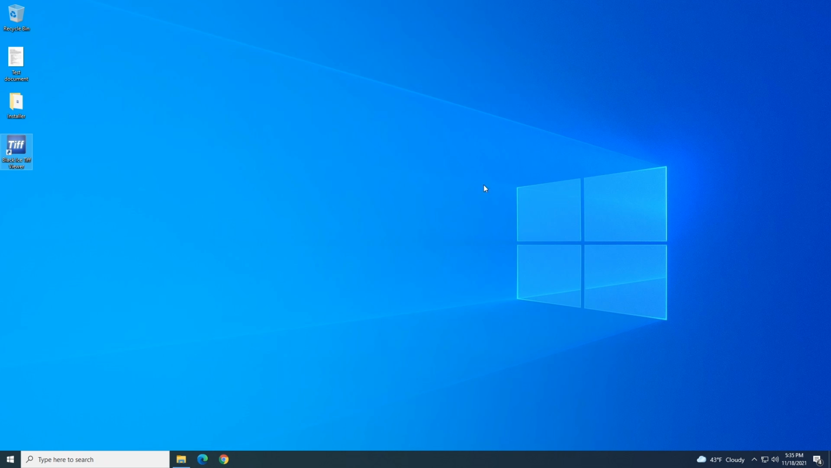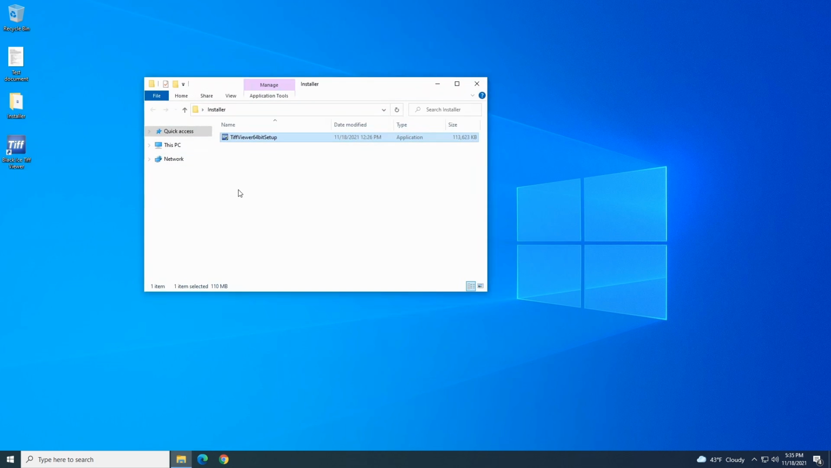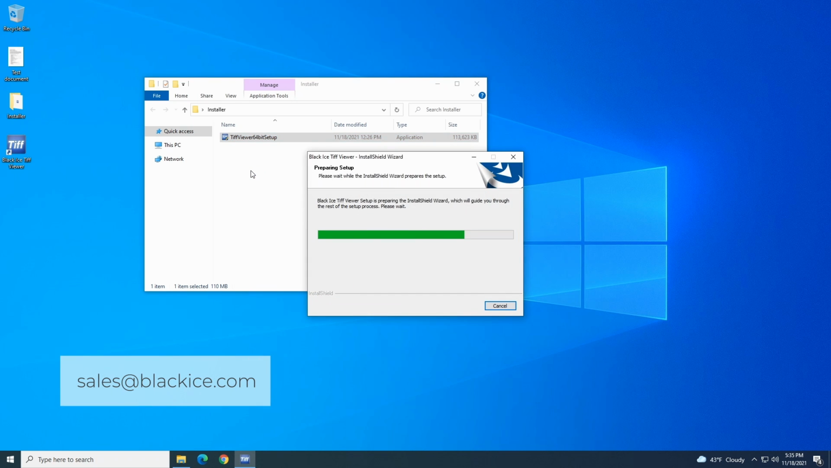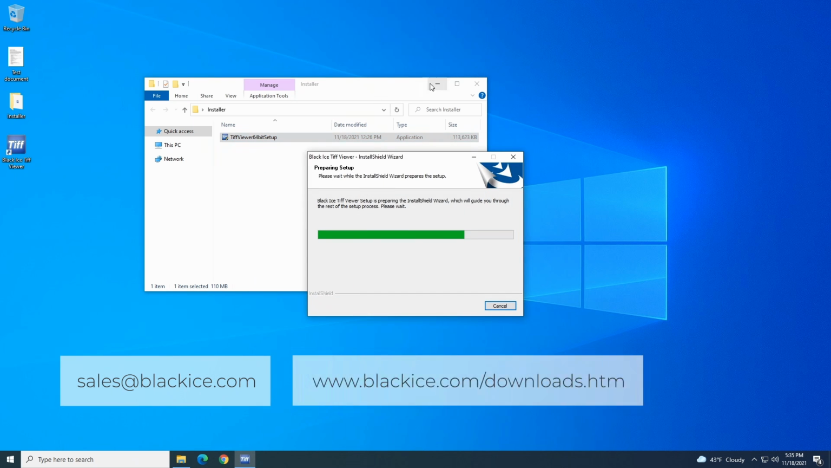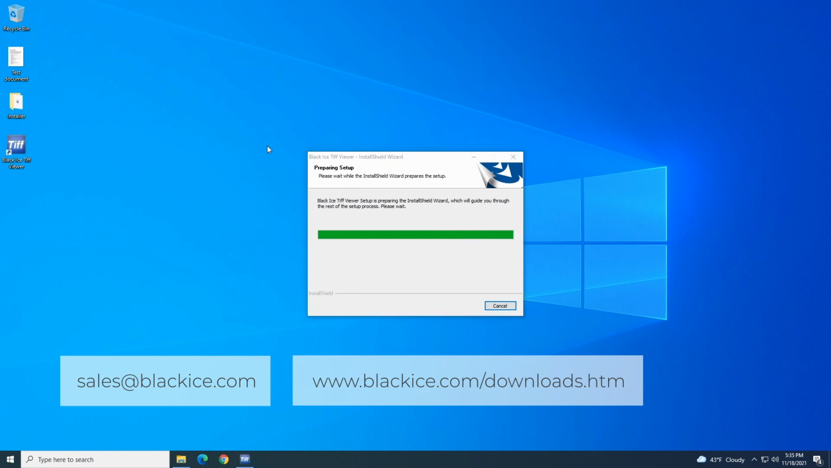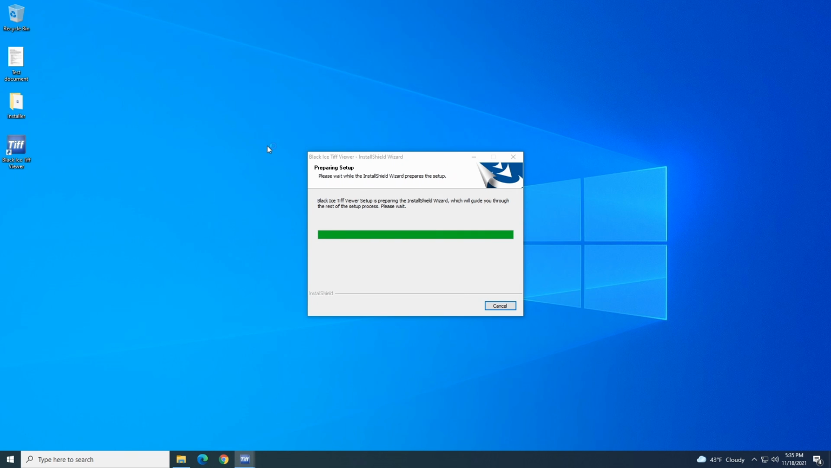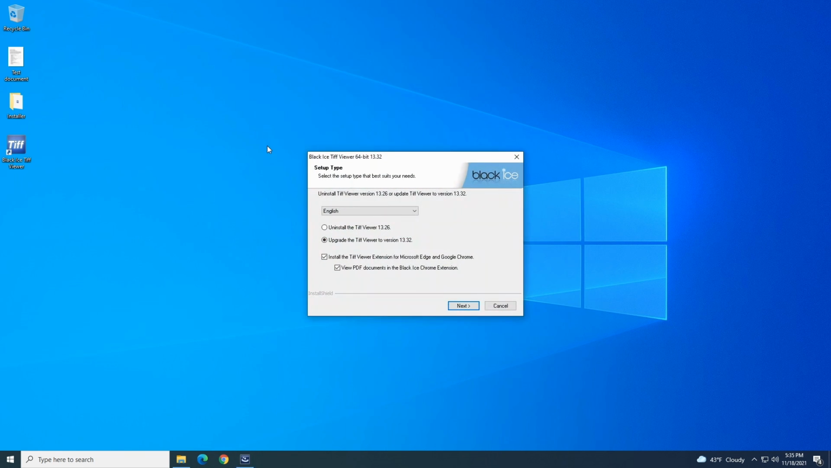To start updating the TIFF Viewer, double-click on the latest TIFF Viewer installer. If you don't have the latest TIFF Viewer installer, contact sales@blackice.com, or download it from the Downloads menu of www.blackice.com. To update, your TIFF Viewer has to be activated with a valid license number, and the license number must